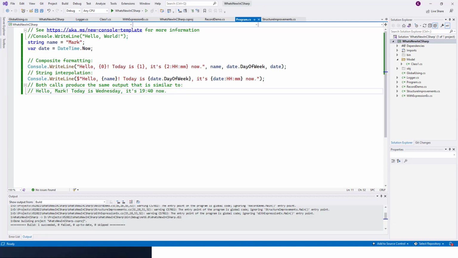So this was the code snippet I pasted in the program file, and when I clicked either of these two buttons, start without debugging or just start, I got this output.